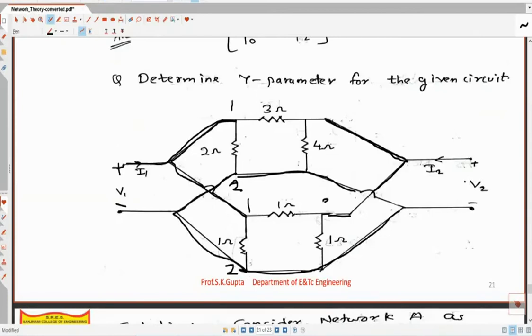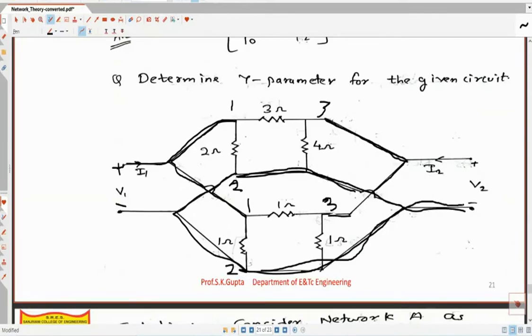At the output side, the V2 positive terminal is given to, let us say, node number 3, as well as to this node number 3. So see here, these are also connected. This clarity will help you while doing the connections. Now this is node number 2 only, and the negative terminal is common throughout the network.